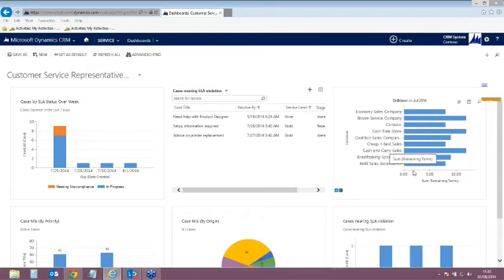So hopefully that gives you a better insight into what's available now from a customer service perspective, and that's just some of the features that I've showed. Obviously, as Paul discussed earlier, there's the unified service desk, which is very much focused around prioritizing tasks and cases and managing those. But what I'm keen to show you now is the second theme that I spoke about at the start of the demo